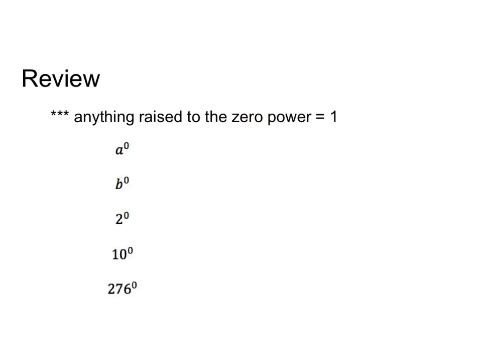So as a review, we talked about this. Anything raised to the 0 power is 1. So a to the 0 power is 1. b to the 0 power is 1. 2 to the 0 power is 1. 10 to the 0 power is 1. 276 to the 0 power is 1. So we're going to keep this in mind while we go ahead and do some